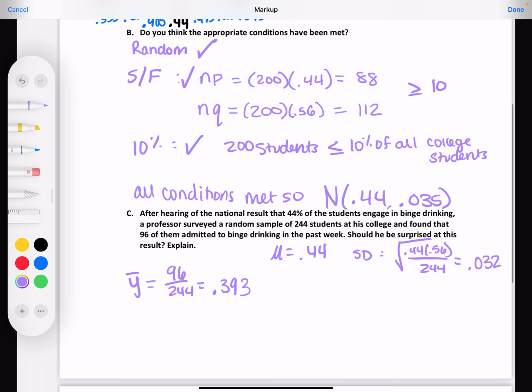So then what we're going to do is look at a z-score. The z-score is going to tell us how far it is from the mean, and then that'll tell us if it's unusual or usual. Z equals 0.393 minus 0.44, over 0.032. Because it's the sample mean minus the actual mean, or what the mean should be, over